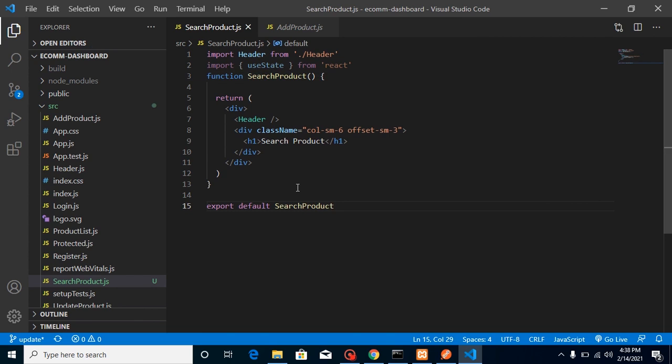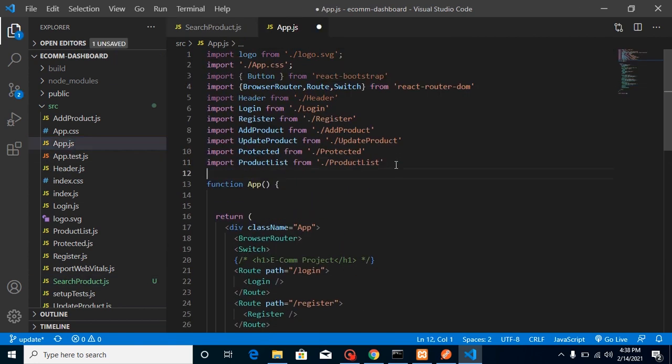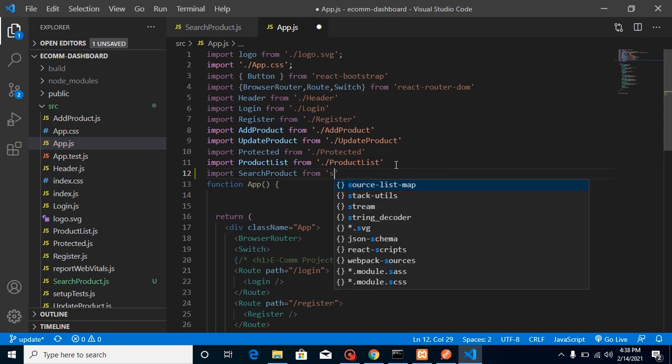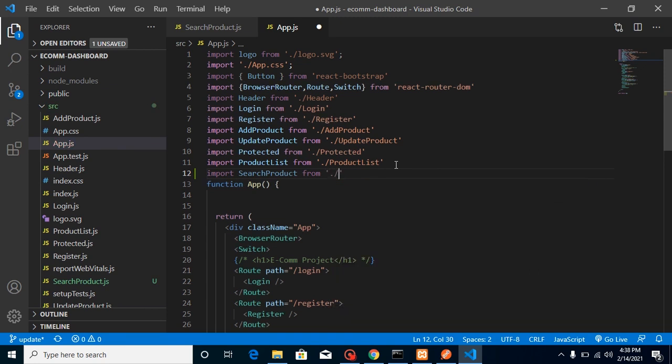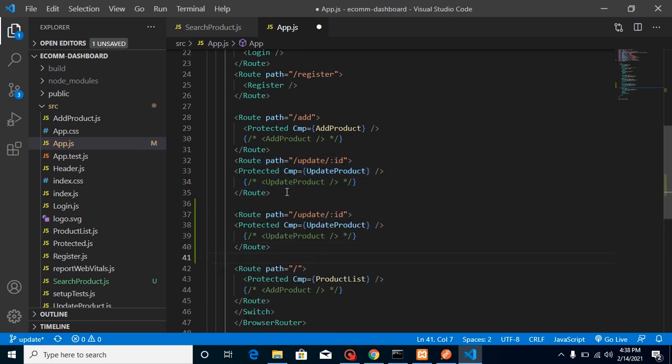And let's go on the app.js and import it and create a route for it. So simply write here import SearchProduct from search product, and let's create a new route for it. You can copy any route, whatever you want, and make a duplicate copy of it, and let's change the